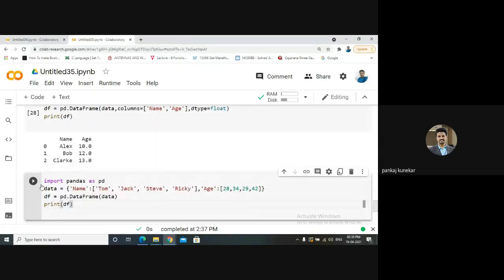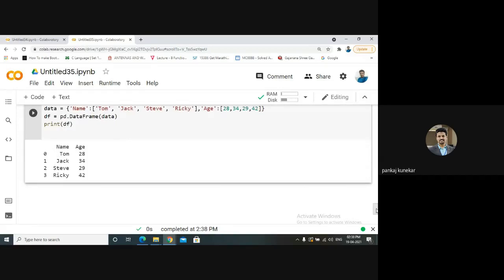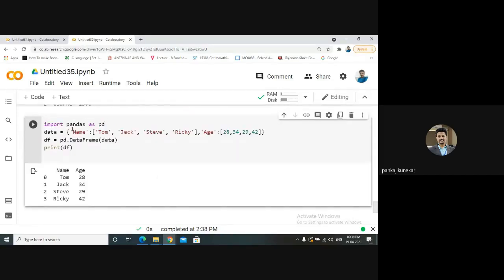So the key-value pairs can be used to create our column names. See here, the keys from the dictionary are converted to column names, column labels will be there, and the indices will be 0, 1, 2, 3.